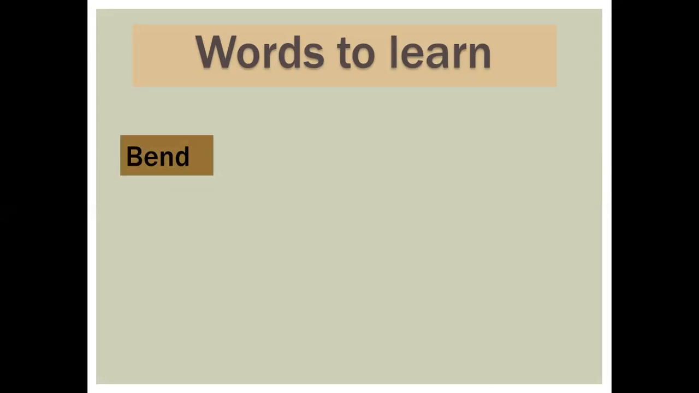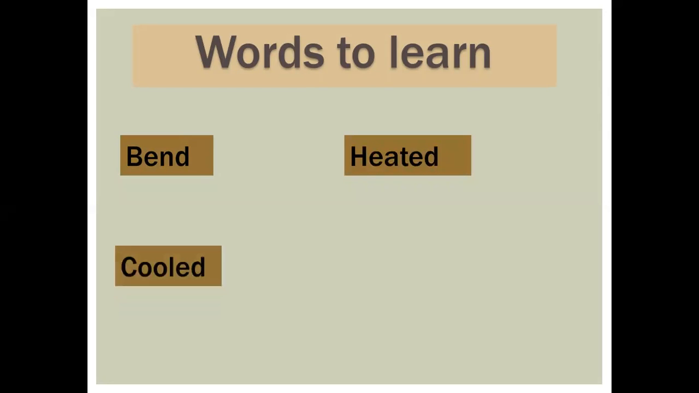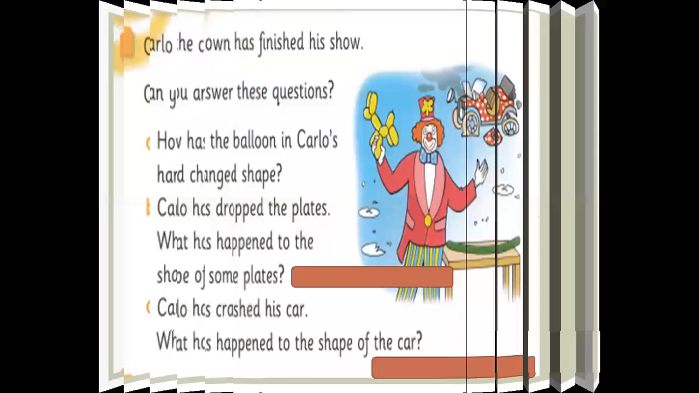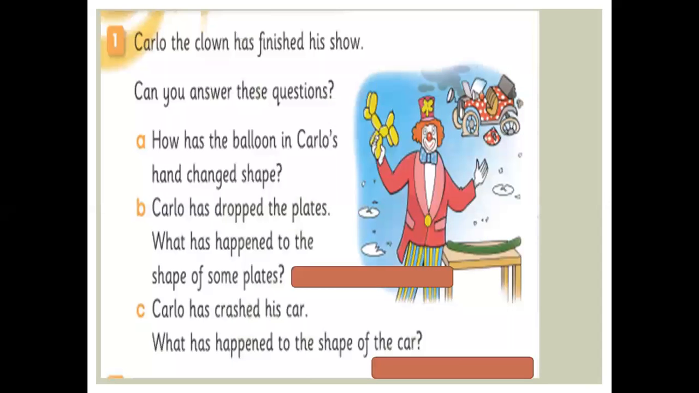that were in this whole unit, and those words were important. The first words are bend, heated, cooled, warm water, elastic. You can see on your page there is the first